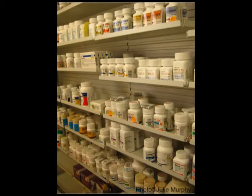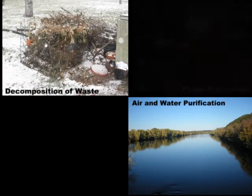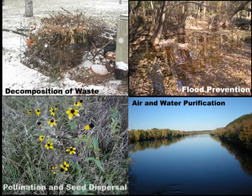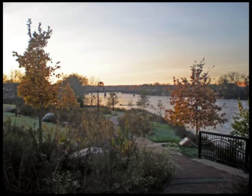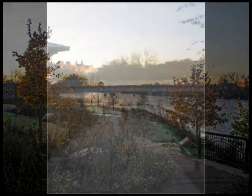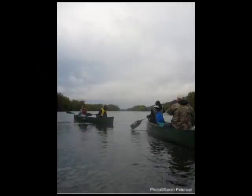other products. The LCRB is also important because it provides us with ecosystem services, such as air and water purification, decomposition of waste, flood prevention, pollination, and seed dispersal. A good way to show your appreciation for the LCRB is to immerse yourself in nature. Experience the LCRB by biking on the trail, canoeing on the river, camping on the islands, or just walking through